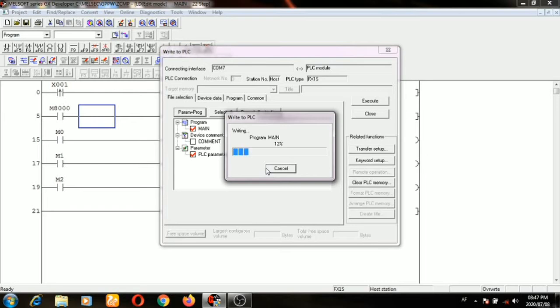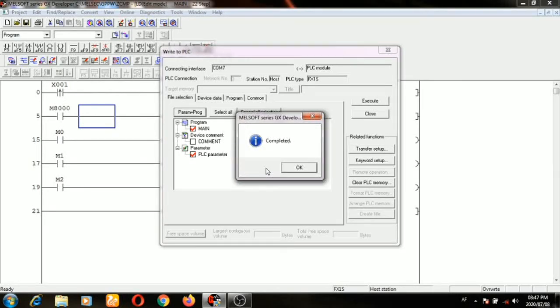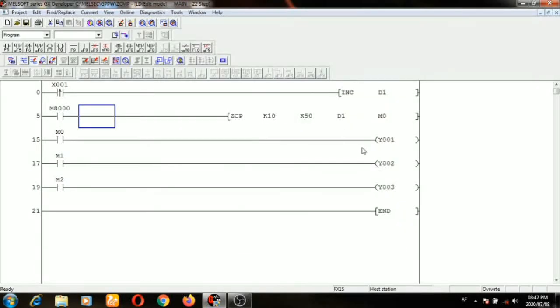As I told you about zone compare, there are three bits M0, M1 and M2 connected consecutively with this zone compare, and I have made the zone between two values, K10 to K50.